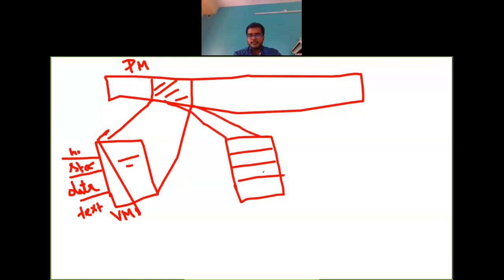A second virtual memory is created for your process 2, which is the child process of process 1. Everything is copied over, all the details, all the variables, all the values, and initially it is mapped to the same physical memory.